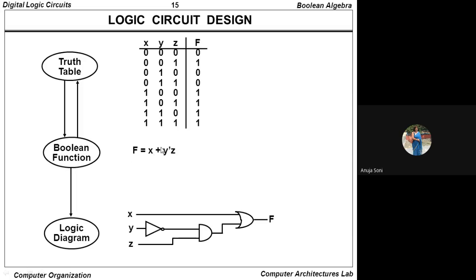So we are given this Boolean expression, and you have to draw the truth table. First of all, you will have to determine its number of combinations, or you can call it the number of minterms. How will you determine it? You will determine it on the basis of the number of independent variables. How many independent variables do we have here? We have 3 independent variables, x, y, z, and 1 dependent variable. So with the help of three variables, how many combinations will there be? It will be 2 raised to the 3, that means 8 minterms will be there.